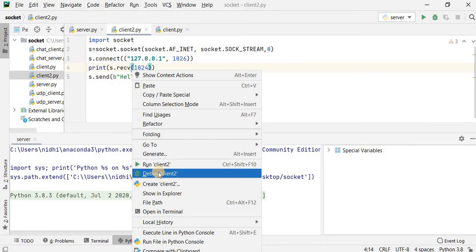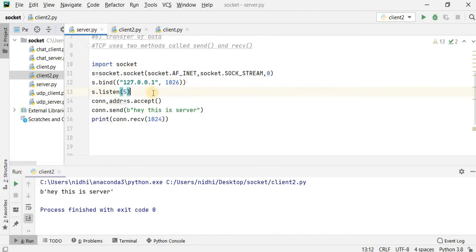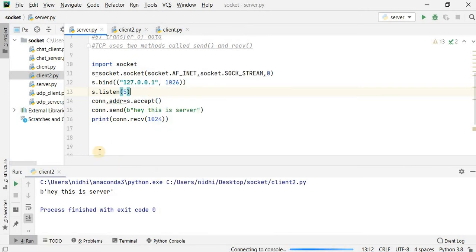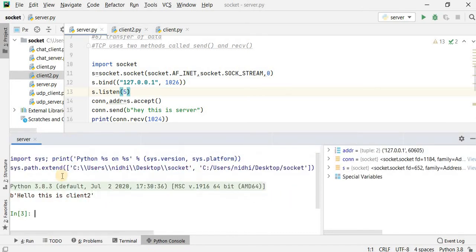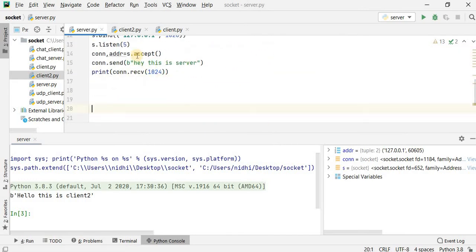And client 2. So hey, this is the server, and at the server side, hello, this is client 2. So the server can accept more than 1 connection at a time, and the maximum limitation is 5. This value can be as large as you want according to your application.